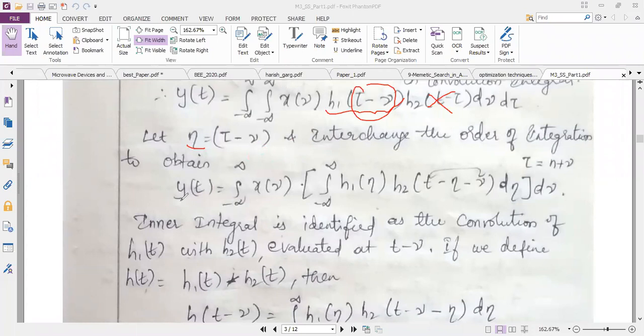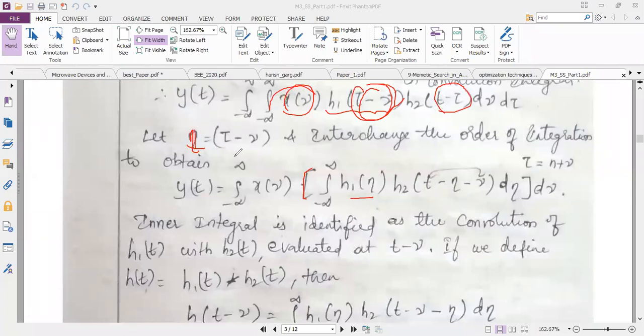Okay, listen everyone. So y of t is equal to integration from minus infinity to plus infinity. From the previous equation, I'm taking x of mu, and I am changing the order of integration. I'm arranging x of mu with one integration, and I have one more integration. Along with that, I know tau minus mu is nothing but eta as per our assumption. So it is h1 of eta, and now you tell me, in h2 of t minus tau, I can replace tau with the new variable eta.